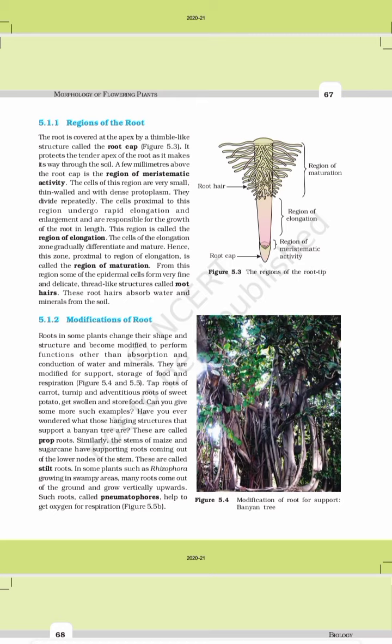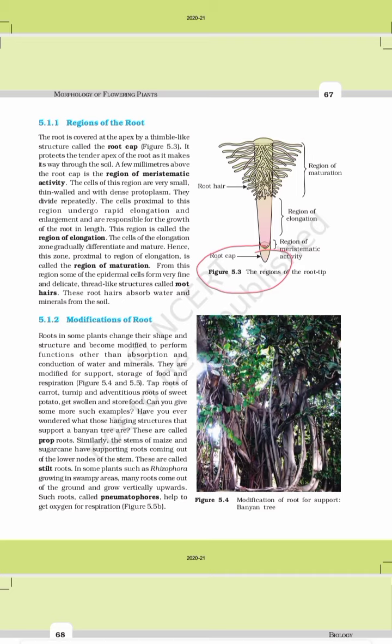The first region is over here, the root cap, you can see. So what do we mean by root cap? The last part, or the uppermost part, the apex, which is a thimble-like structure, is the root cap. Its function is to protect the apex of the root, right? Actually, the root has a protection called the root cap. So it protects the apex, or last part, of the root. It is the way to the soil, the connection to the soil.